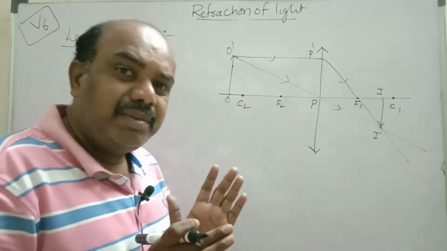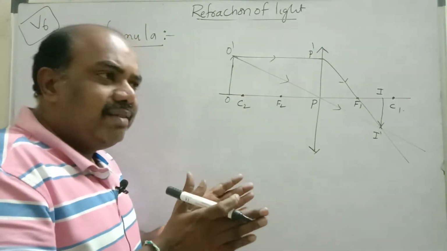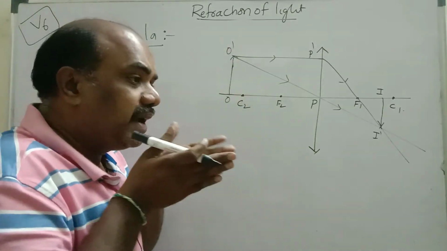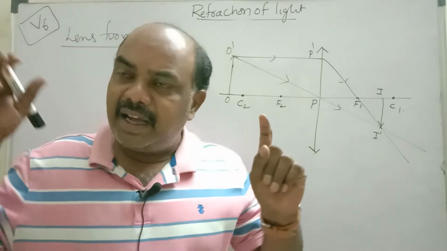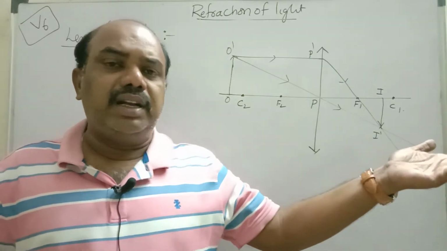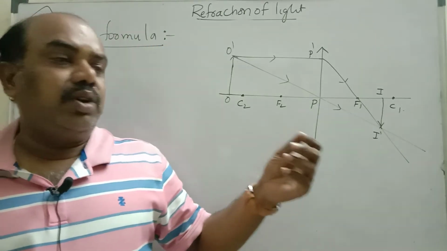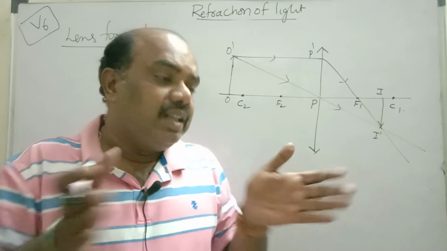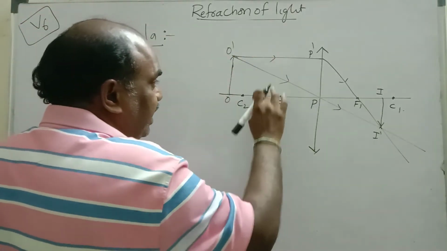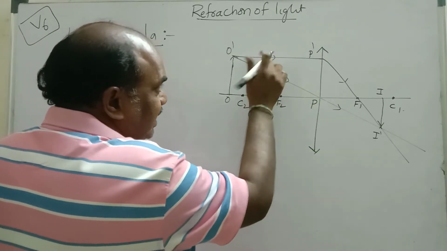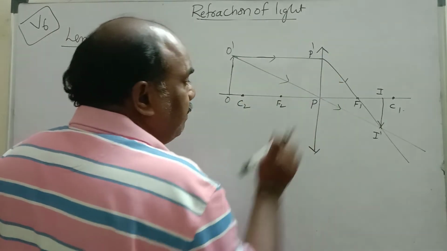These two are parallel. Parallel means what? Imagine parallel. I told many times parallel means railway track. Wherever you go, the distance between these two tracks will not change. Kashmir to Kanyakumari, that border to another border, is approximately 3,750 kilometers. If you go from Kashmir to Kanyakumari, the railway track distance will be the same. In the same manner, the distance between principal axis and this ray does not change. These two are parallel to each other. That means O dash equal to P dash.